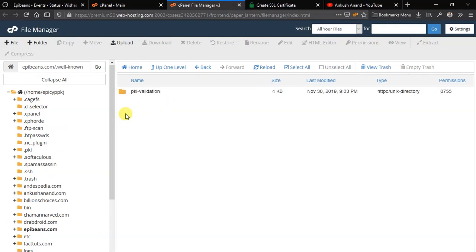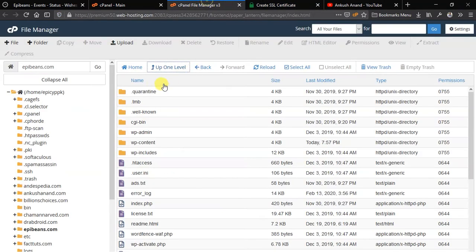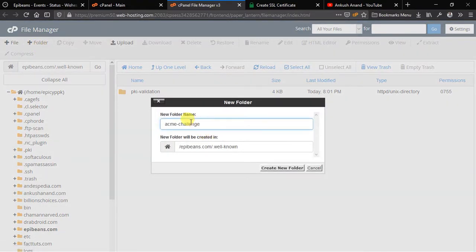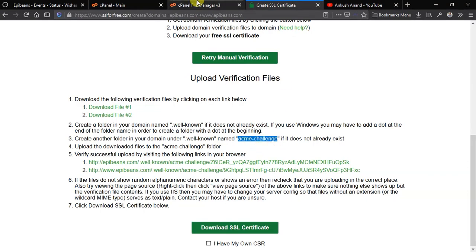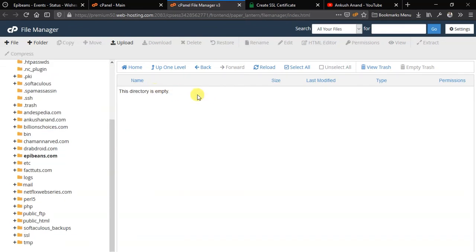So just open it. Now the files are downloaded. It says that you have to create another folder in this folder with this name. If you don't have it, you have to go ahead and create a folder inside it, like here. I will click this button right here, which is for a new folder. Click it and paste that name from here. I will create it, and now we will have these two folders. Open it. Now you can see that you are in that folder.